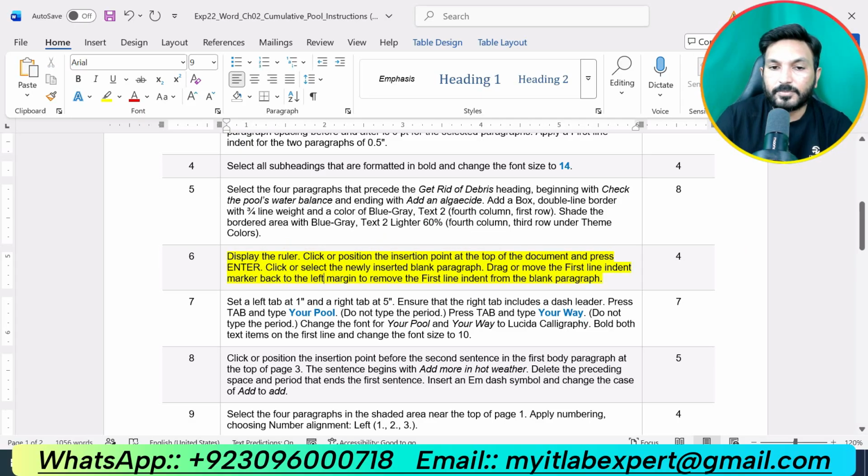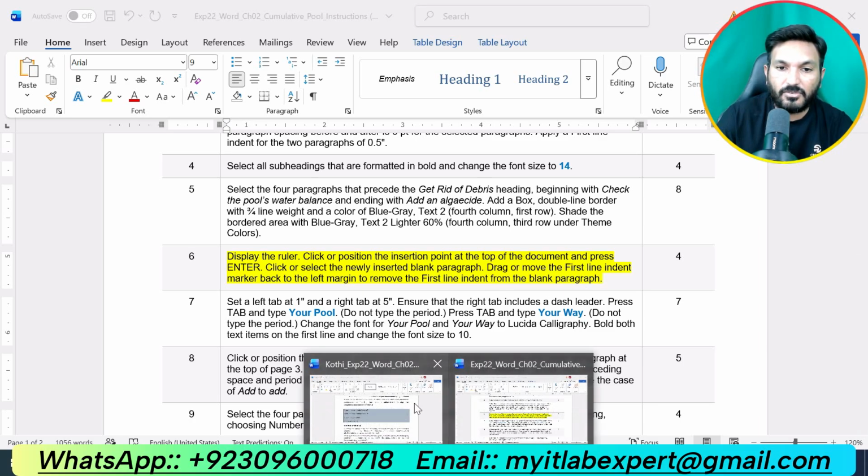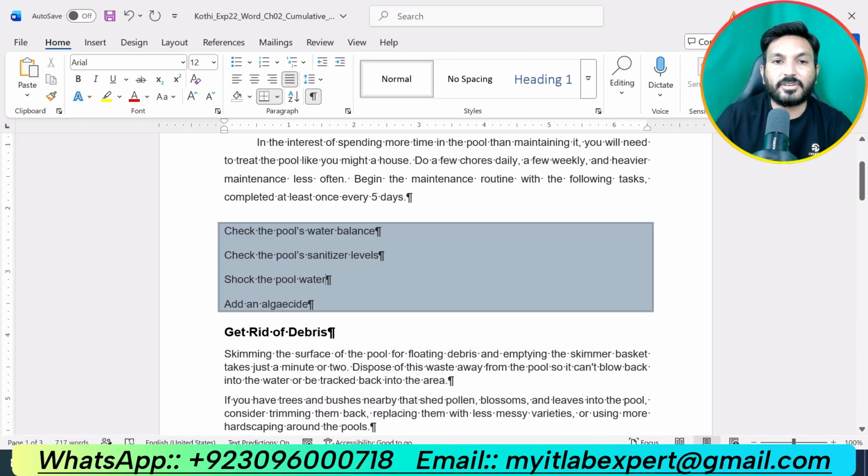Display the ruler. Click or position the insertion point at the top of the document and press enter. Click or select the newly inserted blank paragraph. Drag or move the first line indent marker back to the left margin to remove the first line indent from the blank paragraph. So first of all, we will go to the Word document and we are supposed to display